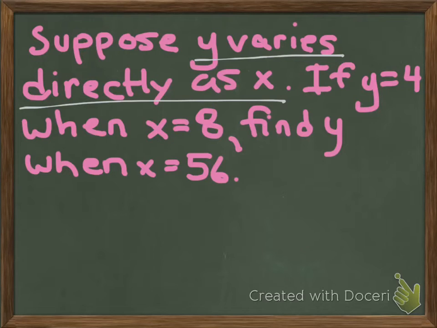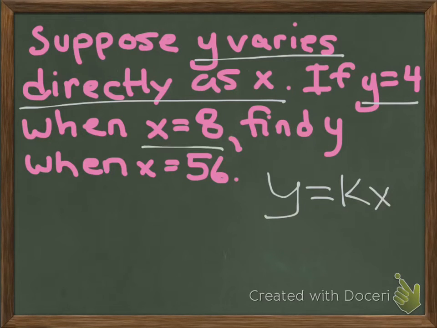If you see the words varies directly, that tells you that the form that we use for direct variation equations is y equals kx. So then if we're using that form, the first part of this next sentence says if y equals 4 when x equals 8, we're going to use that information to find k, and that's going to be our first step. So we plug in 4 for y,